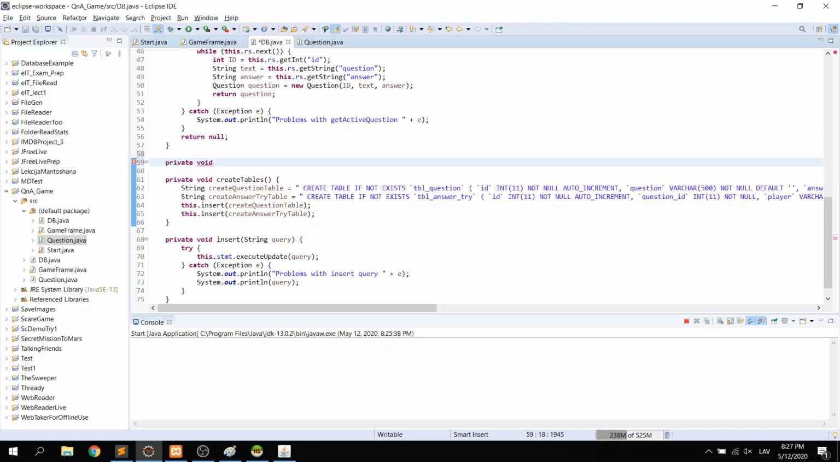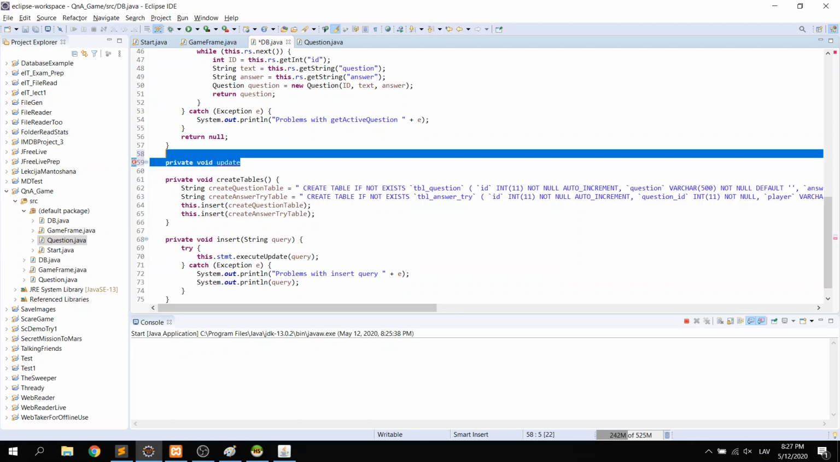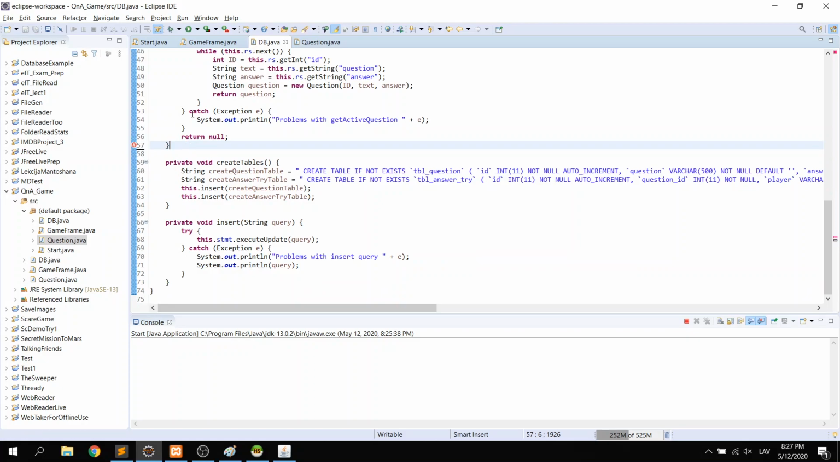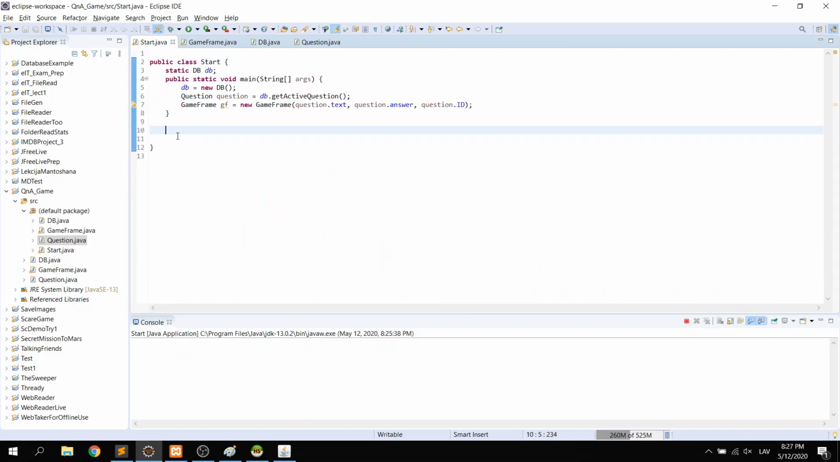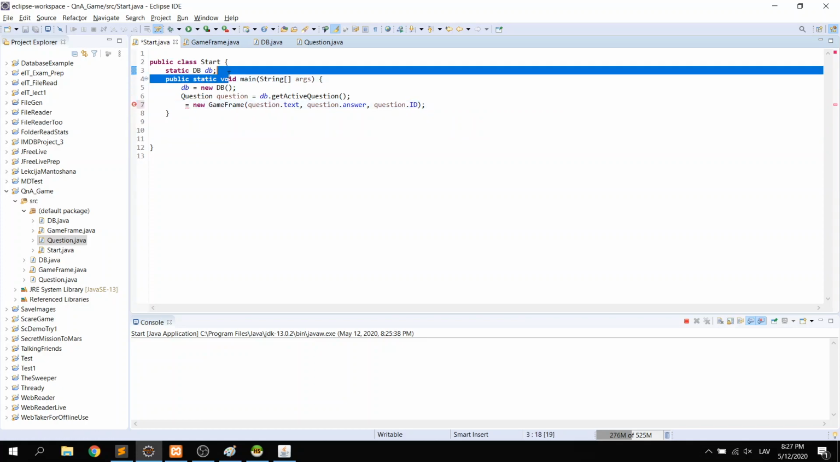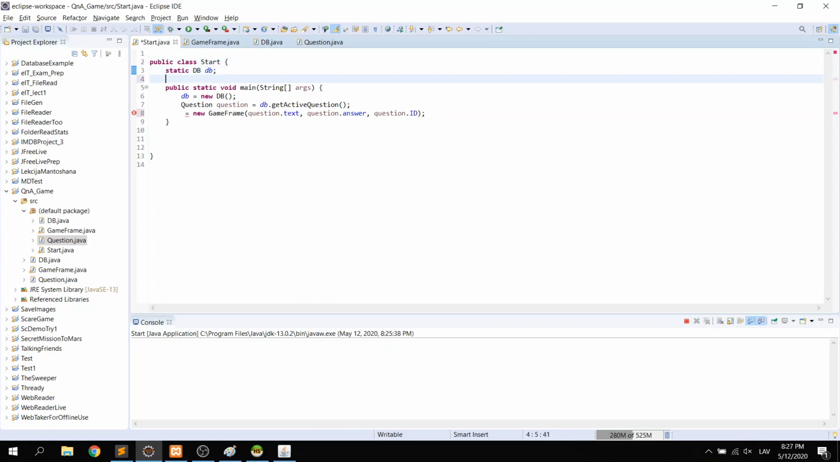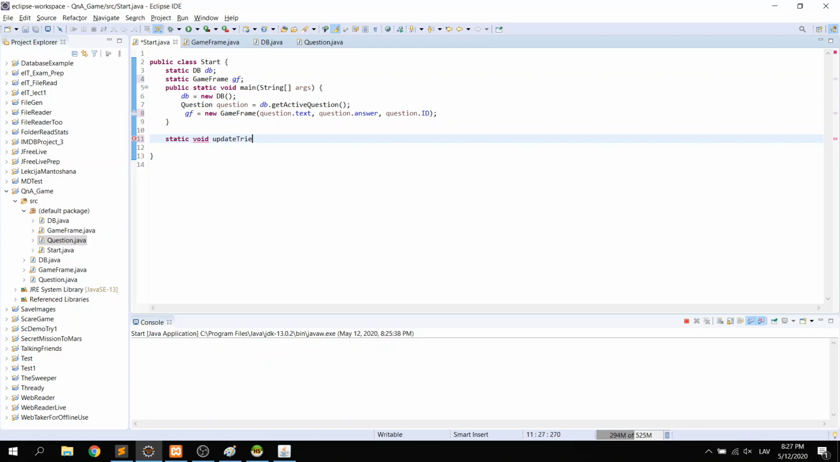Void update. Okay, I changed my mind. I don't want it here because I don't have access to this JFrame object from the database. Let's do that. Let's have this as a class variable, so we can access it from another method. So static void updateTries,